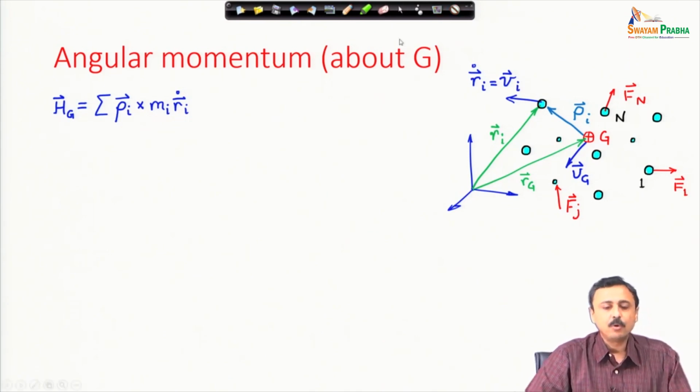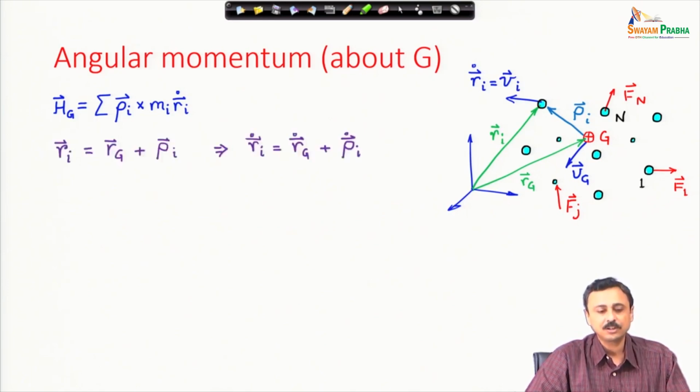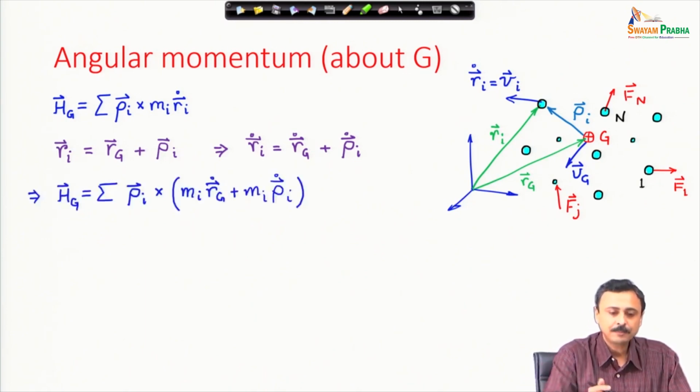Therefore, the moment of linear momentum of the ith particle about the center of mass is rho I cross m I r I dot, and when you sum this over all particles, then you have the moment of linear momentum of the system about the center of mass, or the angular momentum of the system about the center of mass, and we use these definitions once again and obtain